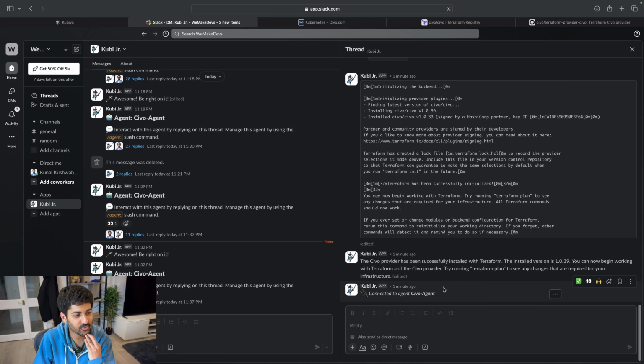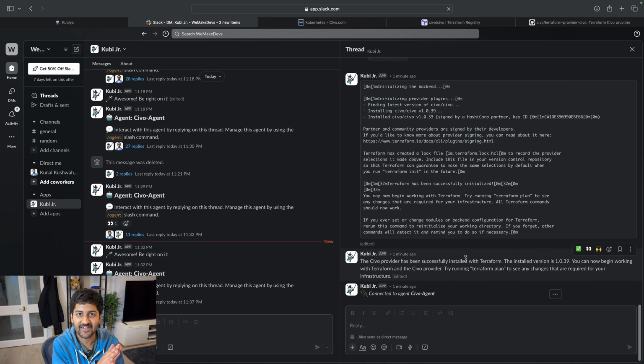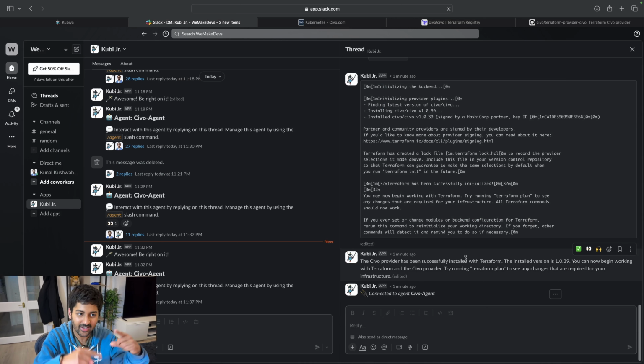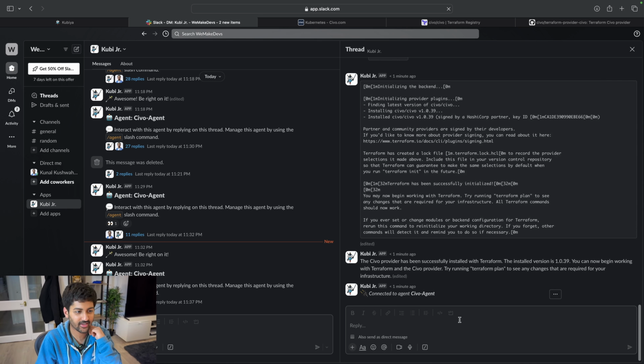It ran into an issue because of some other version. So it automatically, oh, this was actually a nice demo, because it automatically was like, okay, this does not work. Let me try the newer latest version and find the latest version. So it found the latest version, it installed it. There you go. So cool.